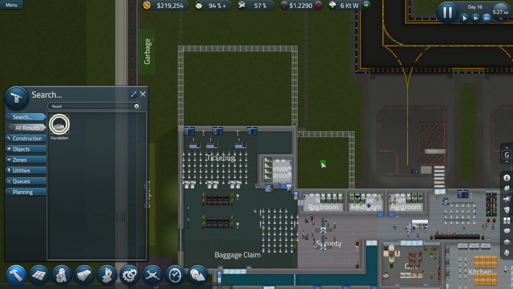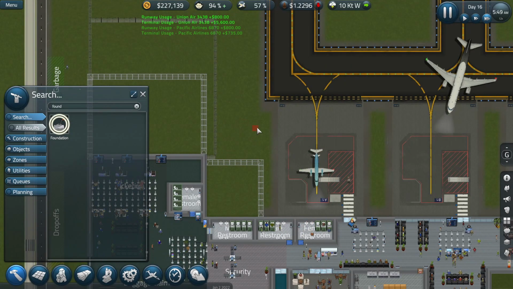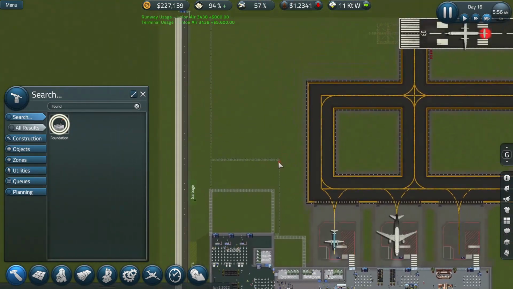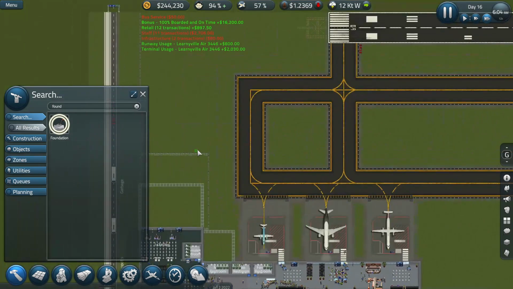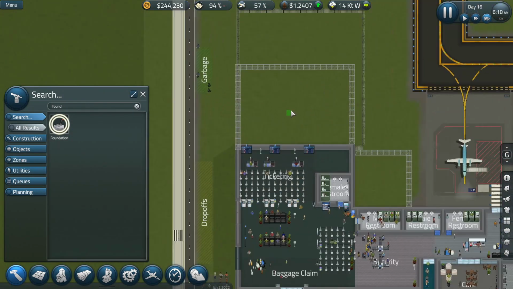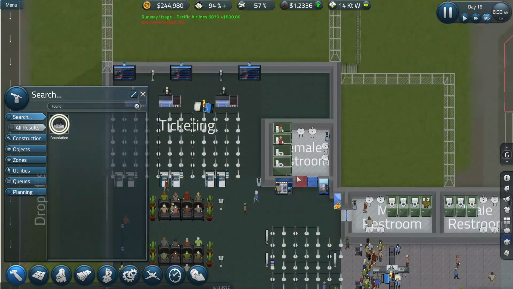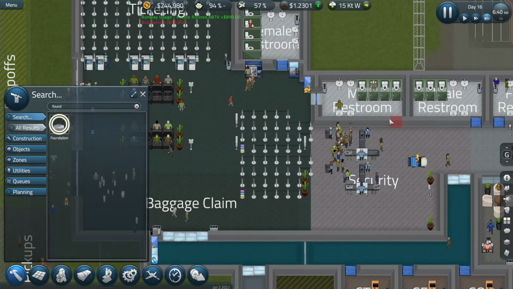So I know I want to do an expansion. I want this to all be done, because I do want to build right up to there, and I realize we have taxiway, and that's fine. We're not going to expand the taxiway anymore over here, but I do want to build the terminal up a little bit. So let's do